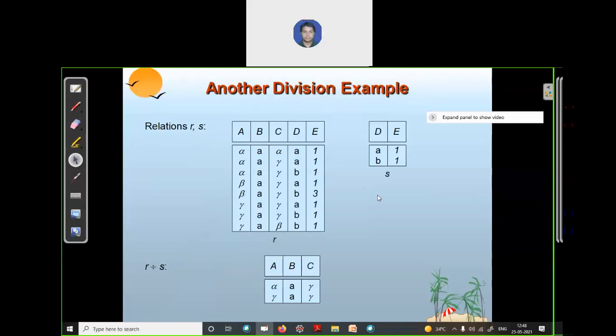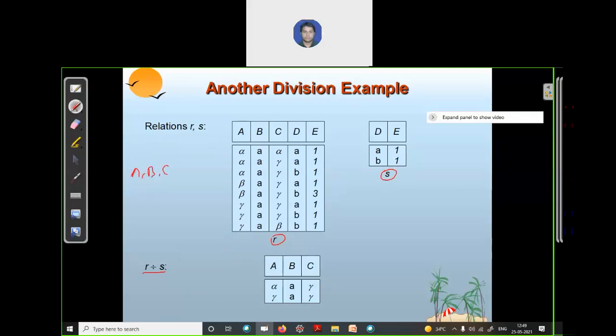Let's see one more example of the division operator. We have a given relation R and relation S. First, find the attributes of the resultant relation R division S. So how will we find?